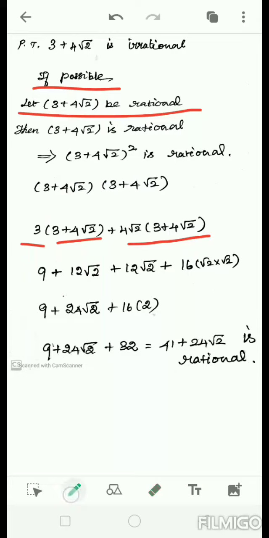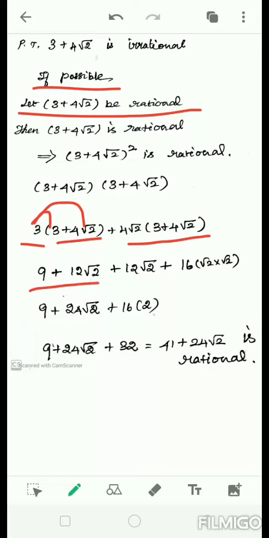We want to remove the bracket. To remove the bracket, we multiply the number outside with the terms inside the bracket. So multiply this 3 into the first term, along with the second term also. 3 3s are 9, and here 3 into 4 root 2. This 3 can be multiplied with the coefficient of this root number. What is the coefficient of root? 4. So you have to multiply 3 into 4, it is 12.